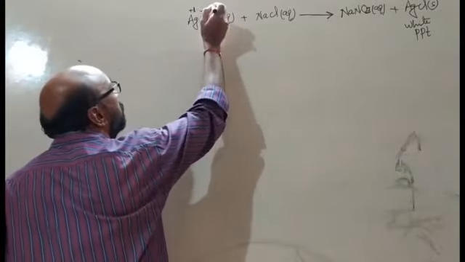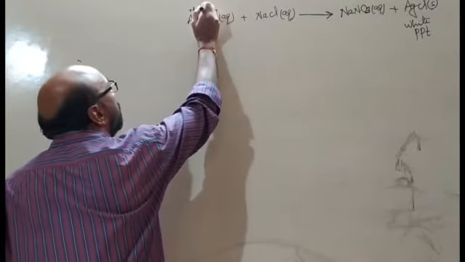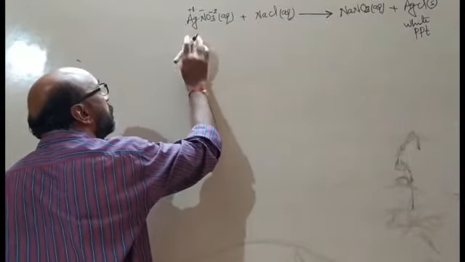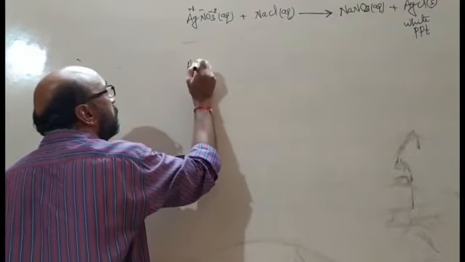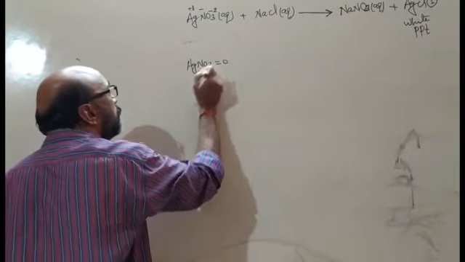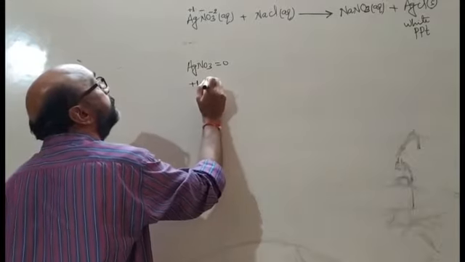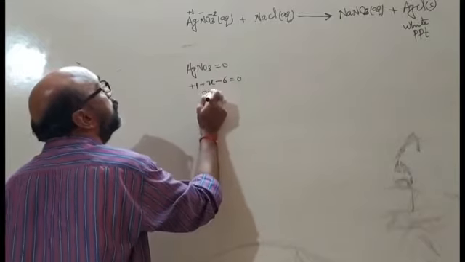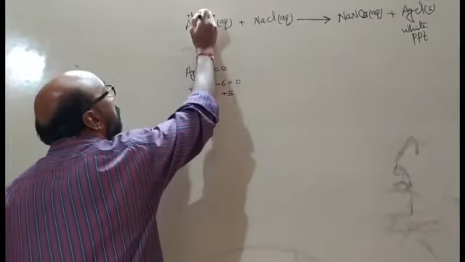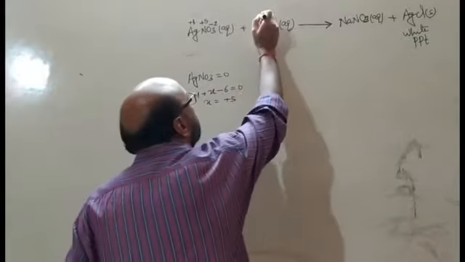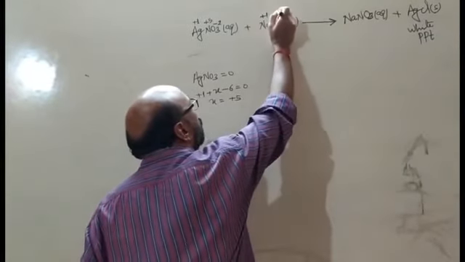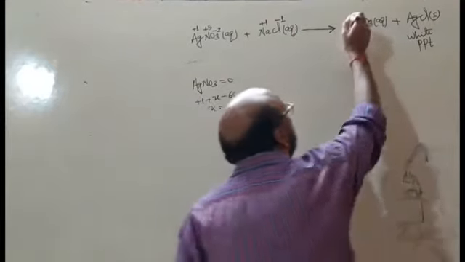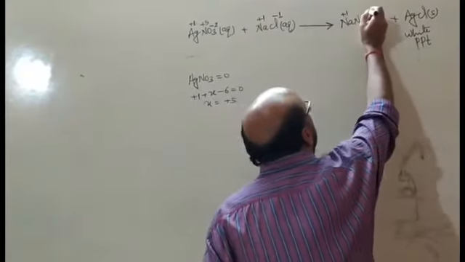Silver plus 1, nitrogen you calculate here: AgNO3 is equal to 0, silver plus 1, nitrogen plus X, oxygen minus 6 is equal to 0, X is equal to plus 5. Sodium is an alkali metal, plus 1, chlorine is a halogen in halide, minus 1,